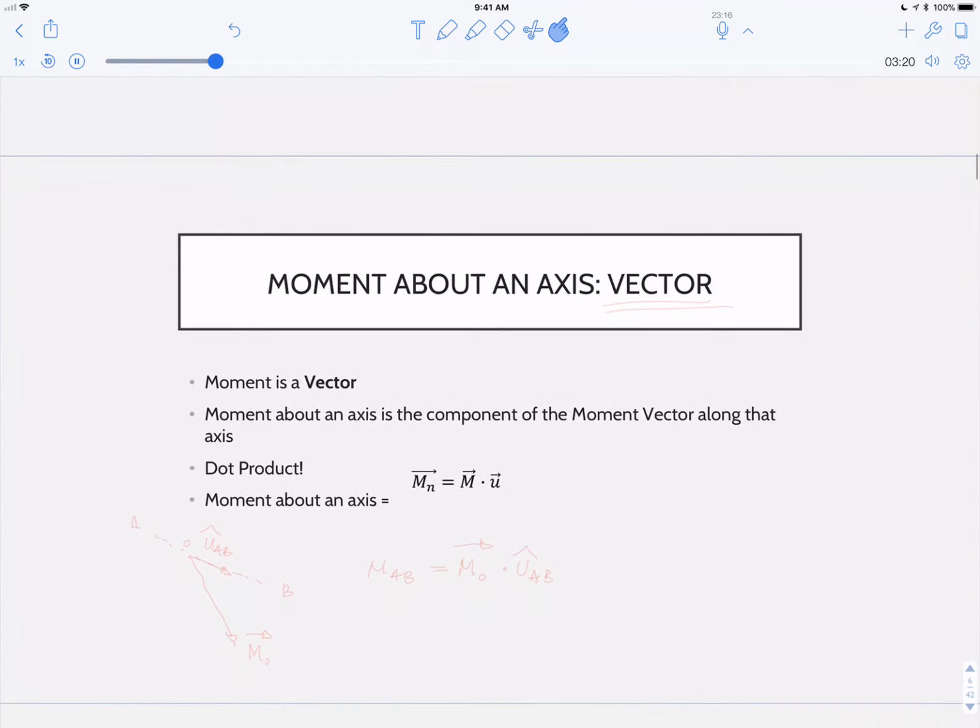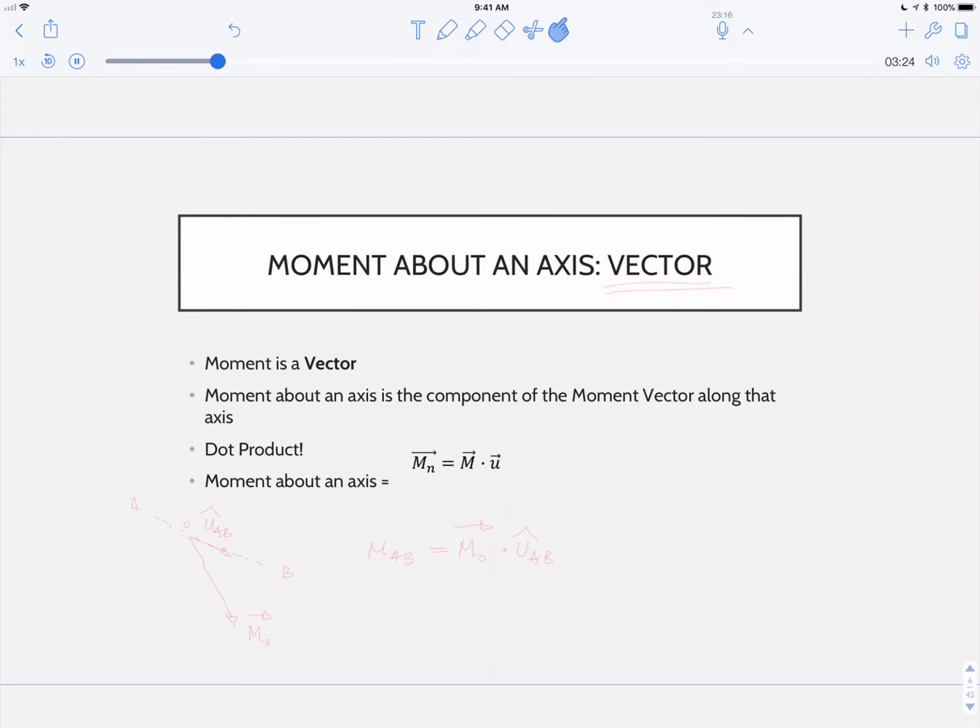So the easier way to do this, moment about an axis, is to use vectors. It's funny that in this case vectors are easier than using scalars. Remember that moment is a vector. We had this moment about O. And if you want to know the component of this moment about an axis here, let's just call this axis AB. If you want to know the moment about there, remember the moment is just a vector where you point your thumb